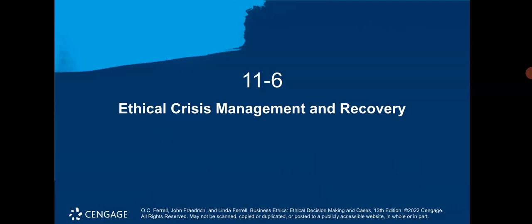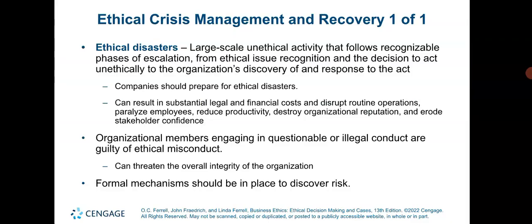Next, we look at ethical crisis management and recovery. Crisis management and recovery needs to be done when there are ethical disasters. What do we mean by ethical disasters? It is large-scale unethical activity that follows recognizable phases of escalation, from ethical issue recognition and the decision to act unethically to the organization's discovery of and response to the act. So an ethical disaster is something big that goes on from phase to phase, and companies should prepare